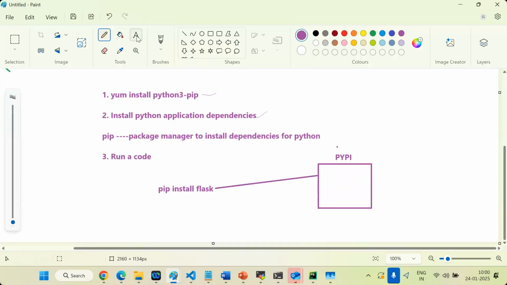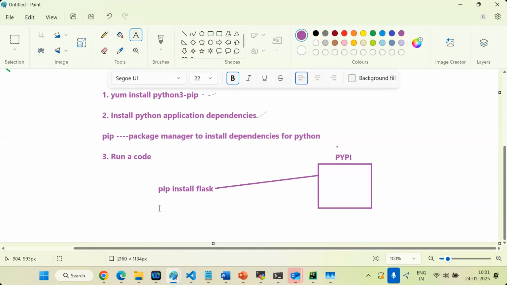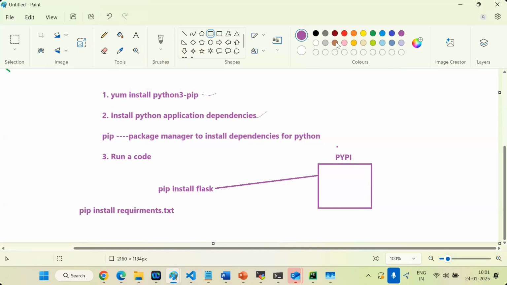Okay, now see, pip install requirements.txt. So in the requirement.txt, this is the file, just understand.